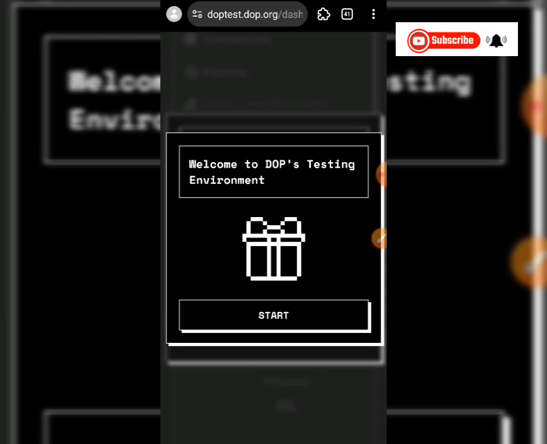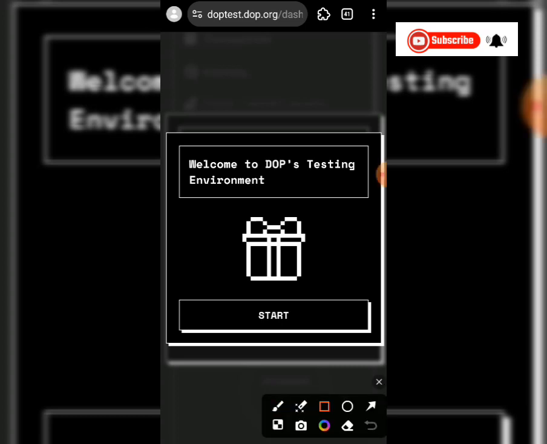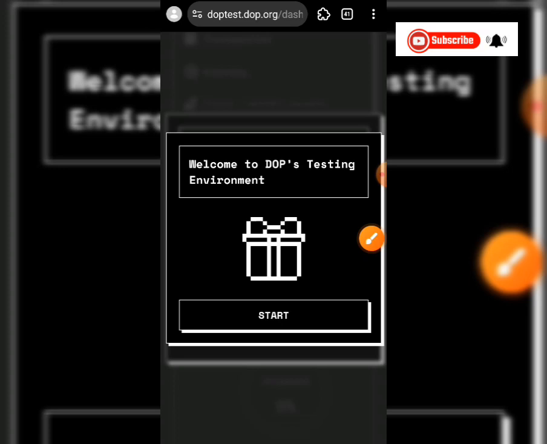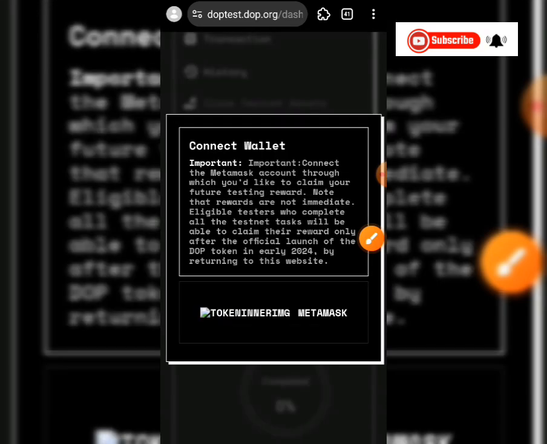Okay, after you've logged in, this is the first step you'll be doing. You tap on this particular option that says start. Now after tapping it, let's see which page we get. Okay, it says you need to connect wallet. It says important, connect